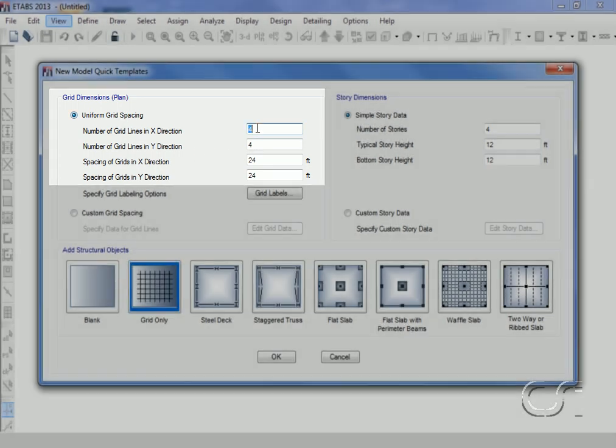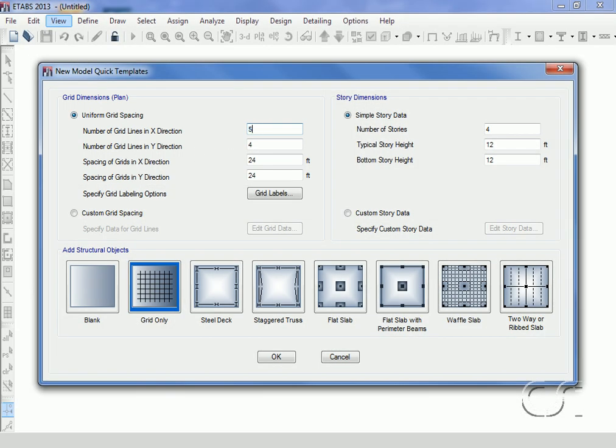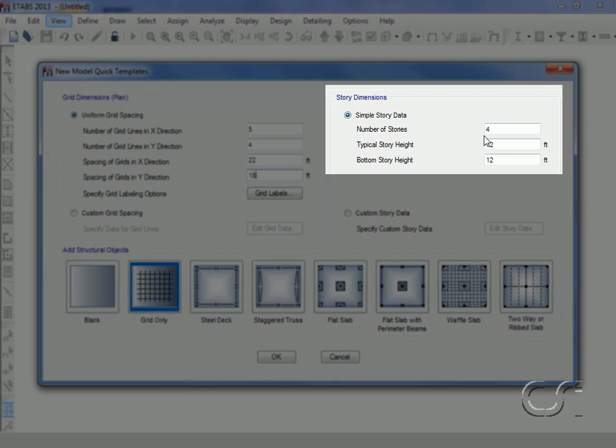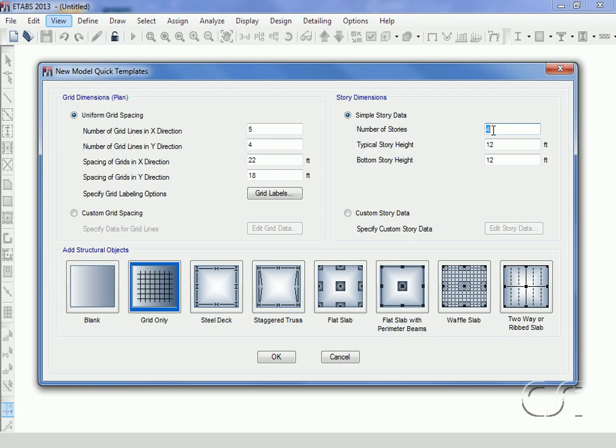Set the number of grid lines in the X direction to 5, in the Y direction to 4, the X direction spacing to 22 feet, and the Y direction spacing to 18 feet. For the story dimensions, set the number of stories to 6, and verify that the story heights are set to 12 feet. Click the Flat Slab with Perimeter Beams button,